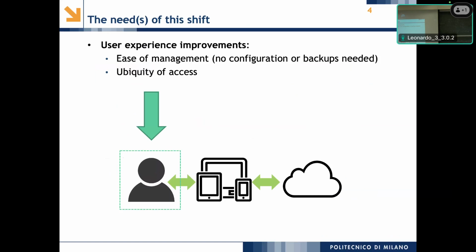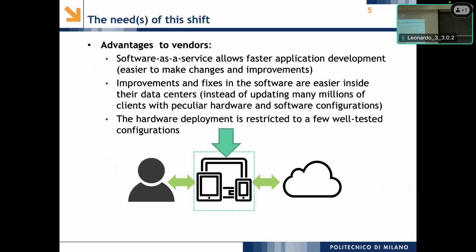So that's the win-win for the end user. The user is happy: you usually reduce the cost of your application, backup and management, and you have ubiquitous access. While on the other side, for the software vendor,